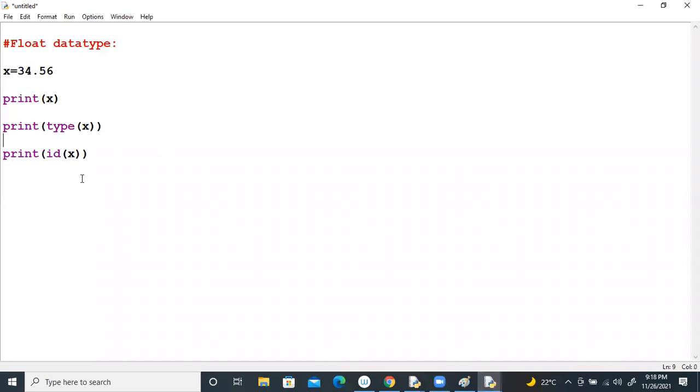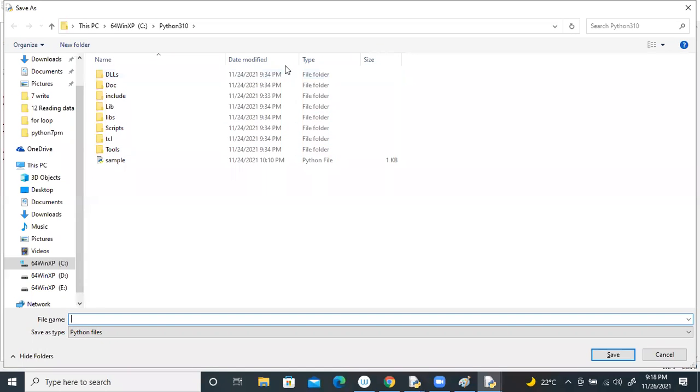Here, for the float data type, it depends upon what value you are assigning to x. You are assigning a float value, so the type of x is float type. Its address and its